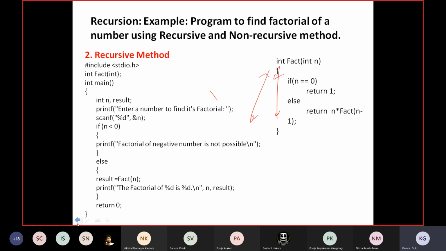White screen I need. Okay, tell me. Fact. So it is going to be int fact, int n. Correct now? Is it okay, students? If n is equal to 0, then I have to return 1. Correct? Else,